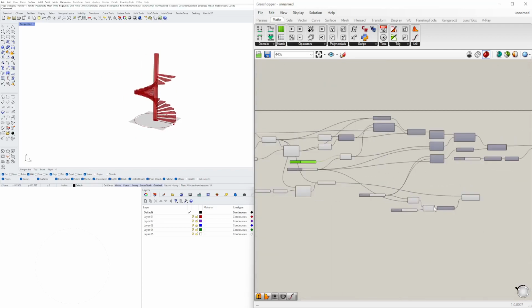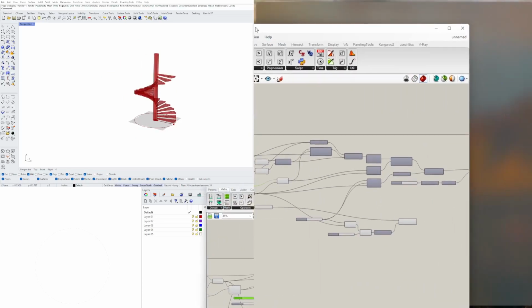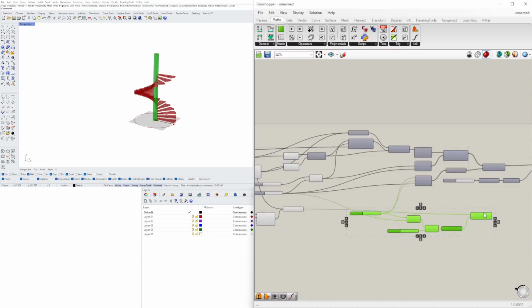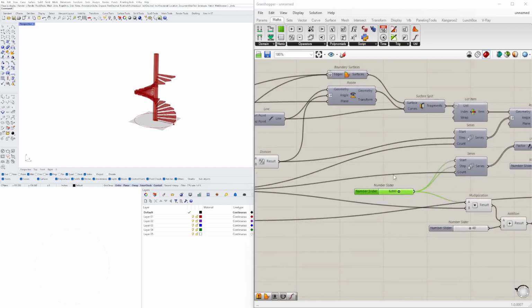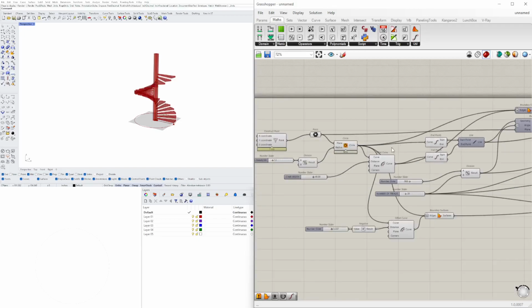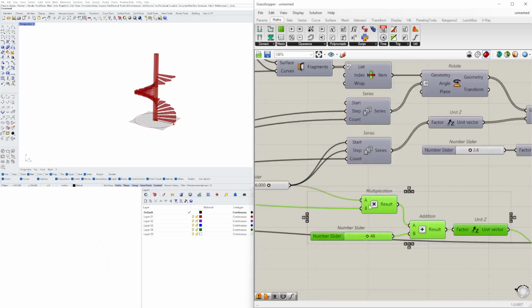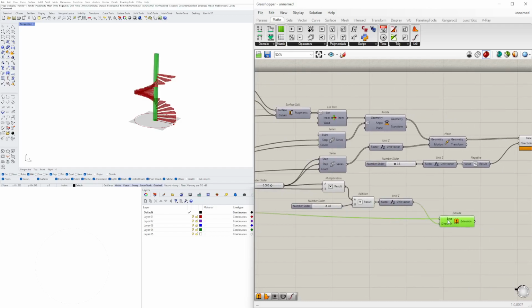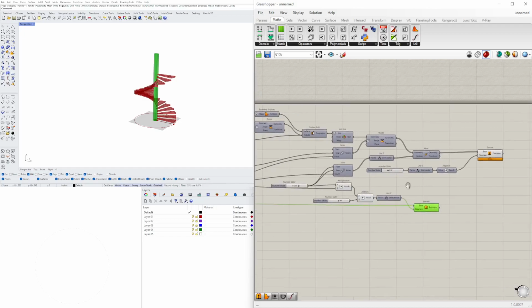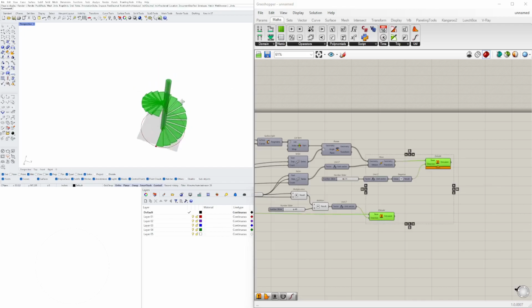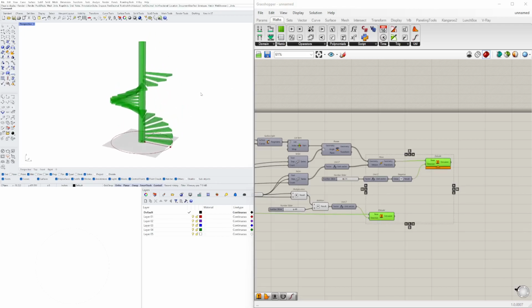So that concludes the tutorial. This is more of a general overview on how to create spiral stairs using series and rotation and circles here. From here, I don't know if you guys have seen my scripts and stuff. Some of them can get really complicated and complex as we move forward because we always start from general and go to specific. So this is more of a general design that anyone getting started can learn some techniques to